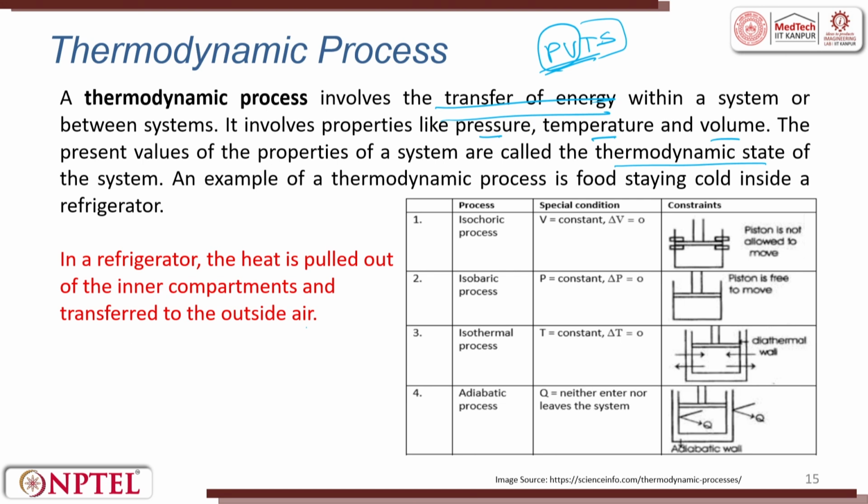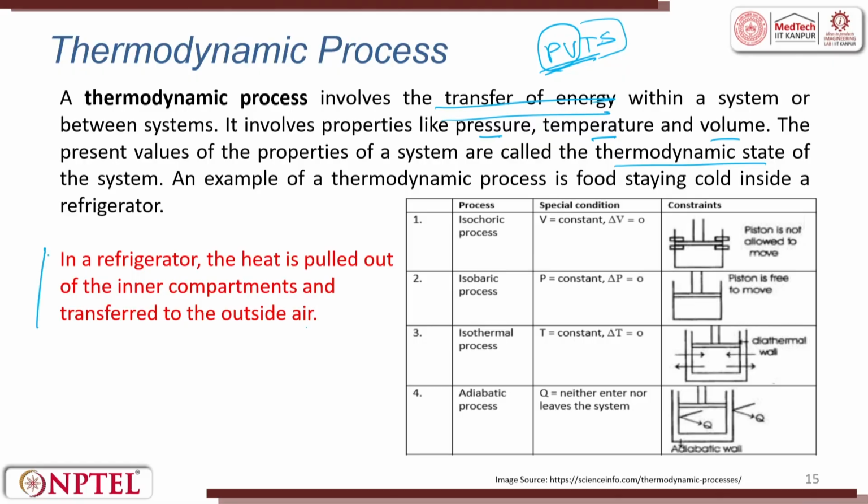You can also use an AC as a heater. So, when we use the AC as a heater, what happens? It tries to throw the cold air inside the room outside and give you hot air. So, you have dual modes available today. In a refrigerator, it is only hot to cold, but in an AC, you can have hot to cold and cold to hot. So, these are the different types of processes.